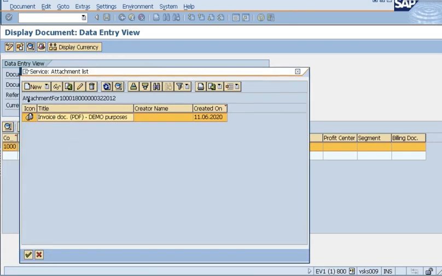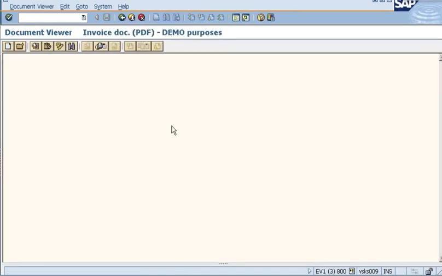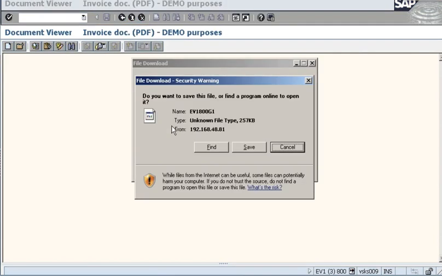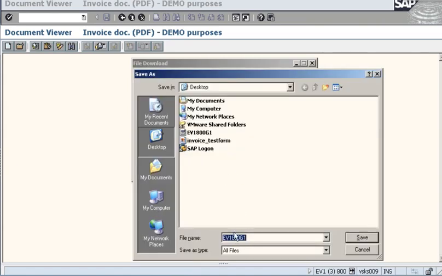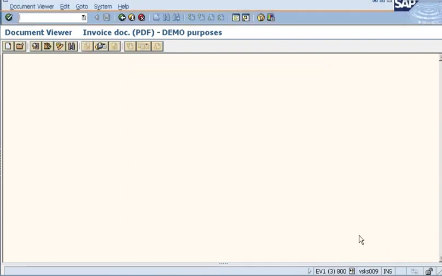So these attachments would remain attached after archiving, because they are separately handled by archive link. This attachment I created in prior, and I would now display this attachment, which is a PDF file, by saving it on my front end and then opening the assigned application to display the content of the PDF. Let's give the name new file for demo, and I'm saving it on my desktop right away in PDF format,